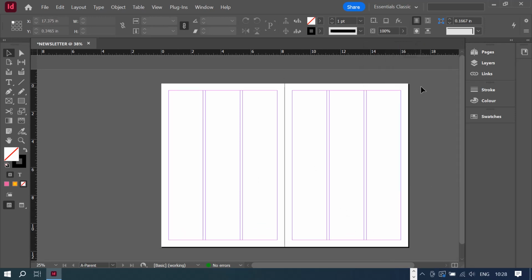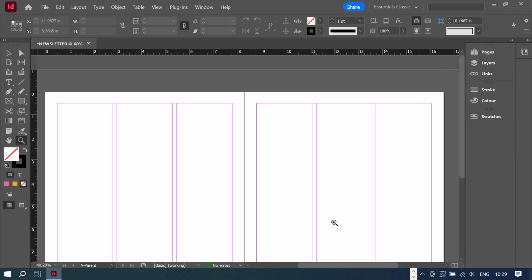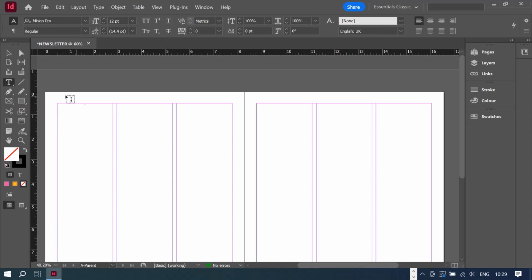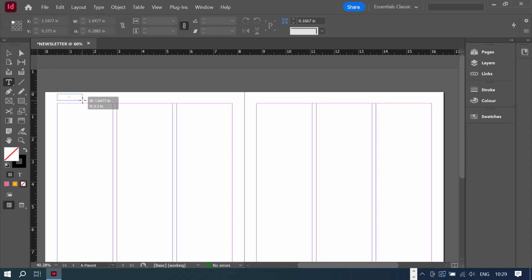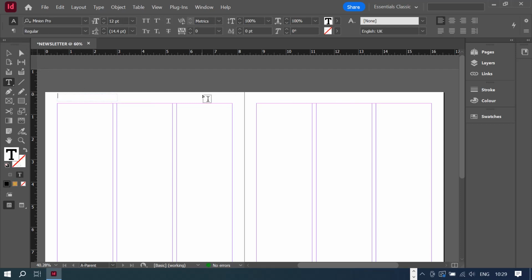Now that we are here on the a parent, let's first input those elements that we want to appear on all pages. I will try to zoom in right here around that. And here I'll pick my type tool and I'm going to put it right here. I think I could put this on this side and then right here, but I can put the company name. I'll just use the word company,